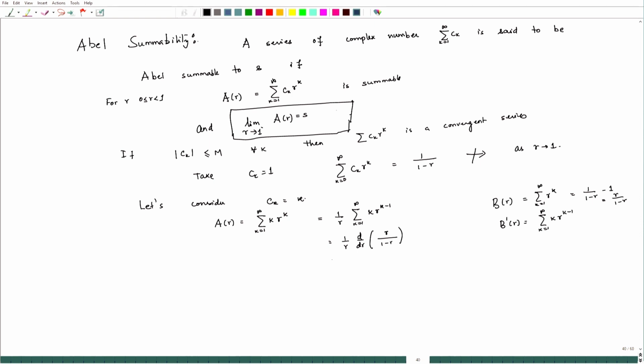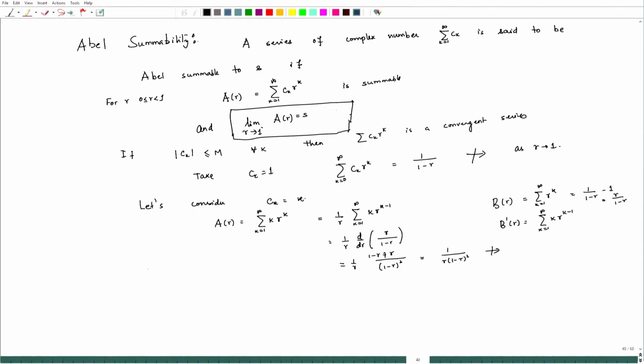So, this is going to be 1 by r, this is 1 minus r squared, and then this is 1 minus r minus r plus r. So, this is 1 by r into 1 minus r squared, which does not converge. Now, here even for the bounded sequence A_r exists, but the limit as r goes to 1 of A_r may not exist. So, however, if we look at c_k, if we are taking this to be minus 1 to the power k, k plus 1,